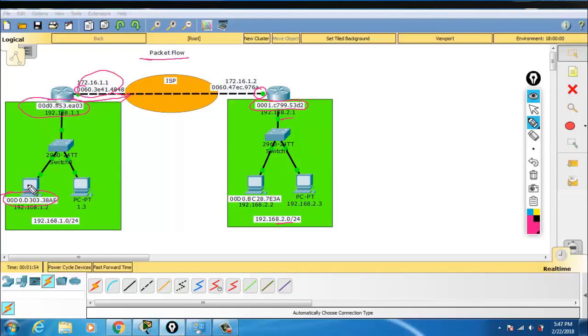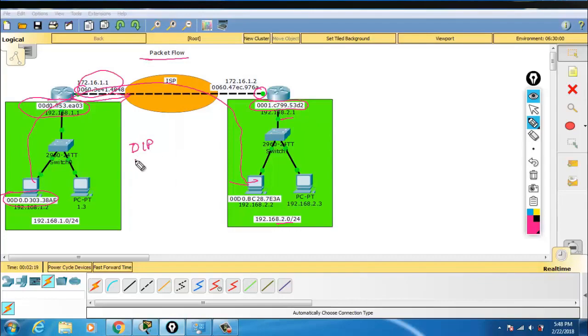So I will make you understand the packet flow when the packet is being transmitted from this computer to this computer. This is your source and this is your destination, and you need to understand what destination addresses you will have when you are trying to communicate.